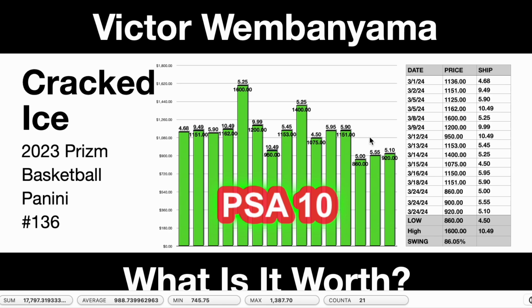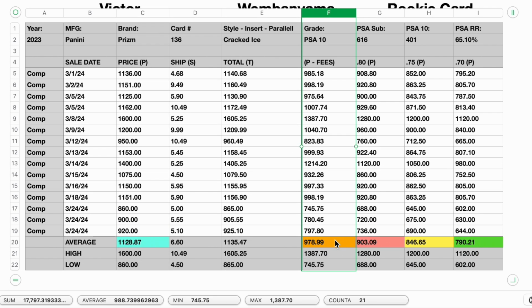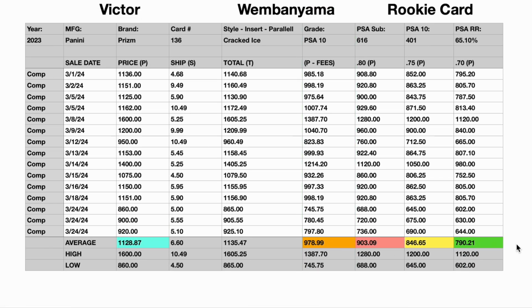Because of this trend and because of the 3 most recent being 860, 900, 920, I'm not getting anywhere near this card. Not even at this first green offer at 790, I would have a hard time doing that because of that trend as of late. Very clearly, these first few that came on the market were trading at a much higher rate,